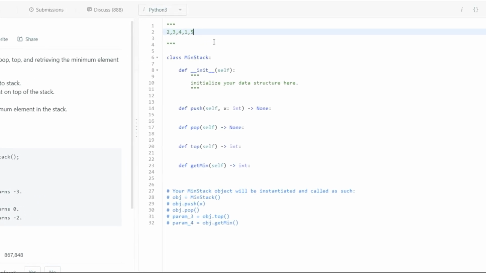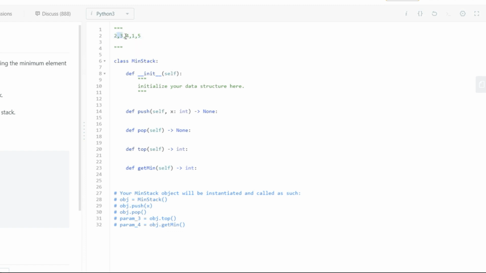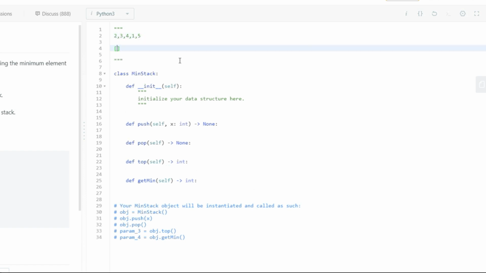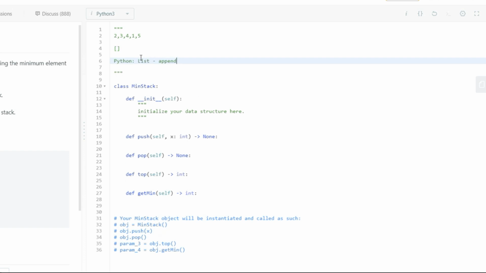So let's just make a simple representation. Let's just say that we have these elements, which is 2, 3, 4, 1, 5, and all these things are going to get pushed inside one by one. So what's going to happen is we are going to be using Python lists over here, and the way Python lists work is that you can use them as stacks itself,